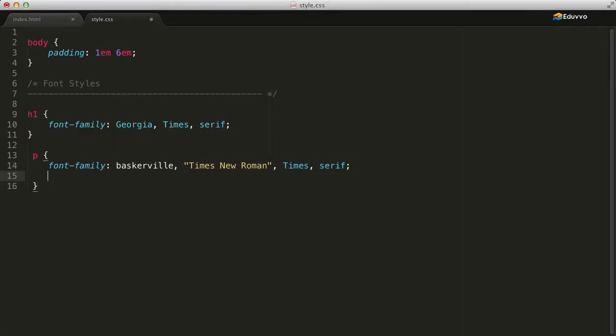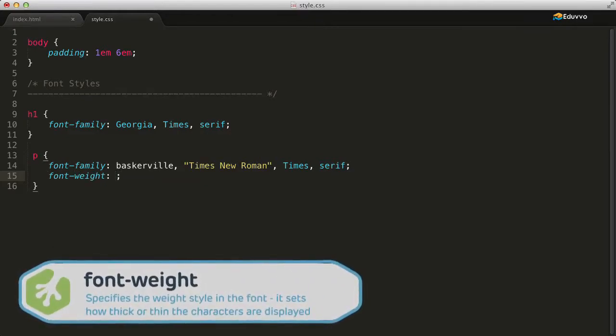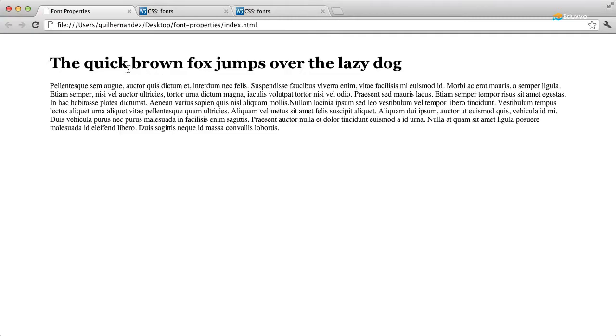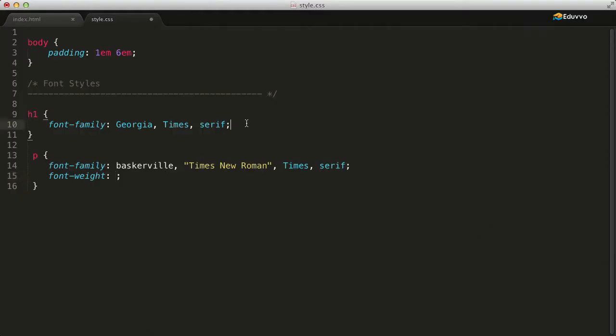Many fonts also have various styles within their families. For example, the font weight property specifies the weight style in the font. It sets how thick or thin the characters are displayed. The two most common values the font weight property accepts are normal and bold. Headings by default have a value of bold. In our style sheet,